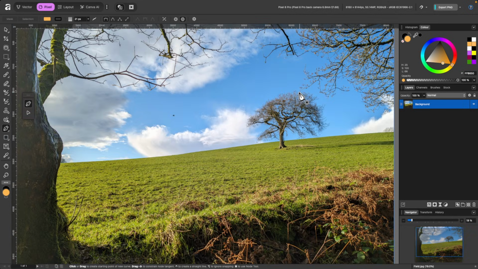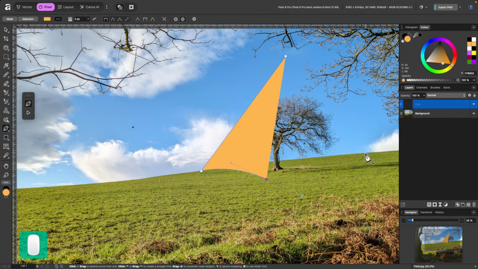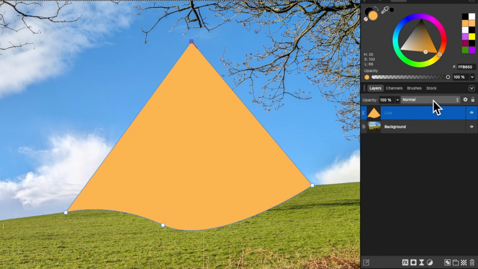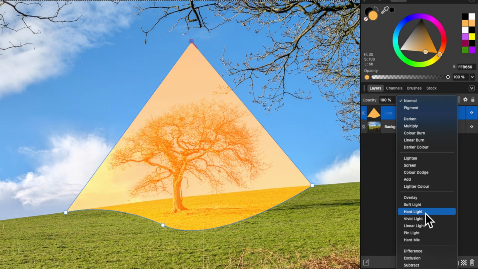So at the very start of this tutorial, I showed you a few examples of what you could do: picture frames, text frames. So now I'm going to go ahead and do all of that. So we'll start off with the tree, just like we did before. I'll just choose some kind of random shape here. And now that that's done, we can play around with blend modes. So I can go over to layer here, click on where it says normal, and I can cycle through one that I kind of like.